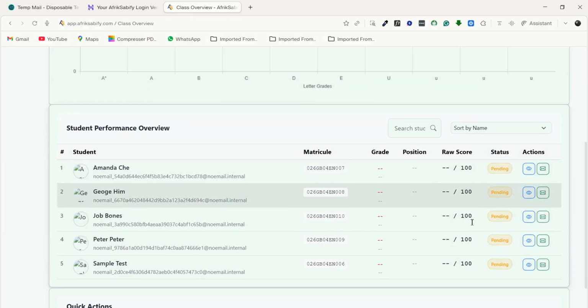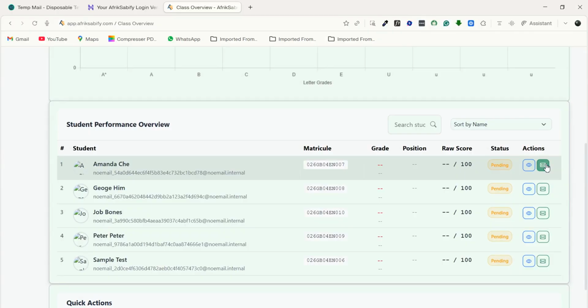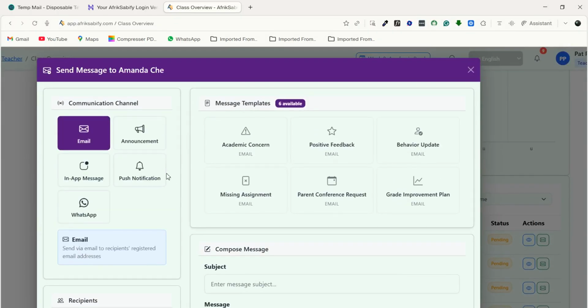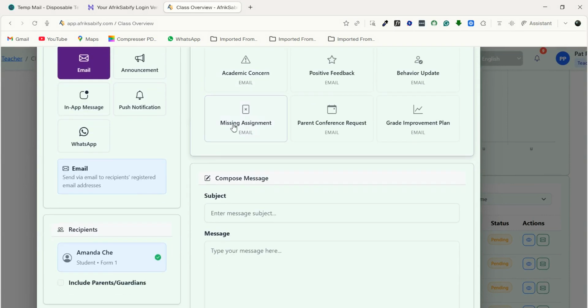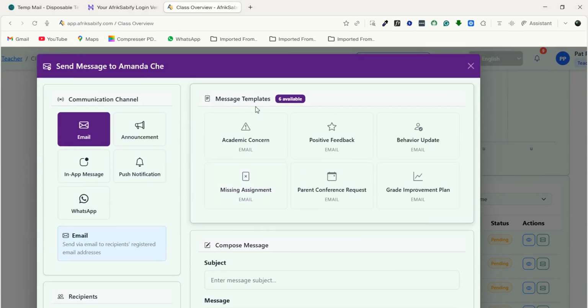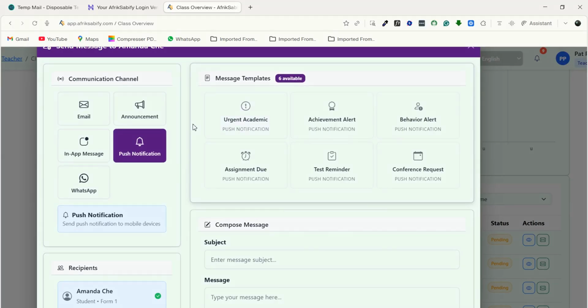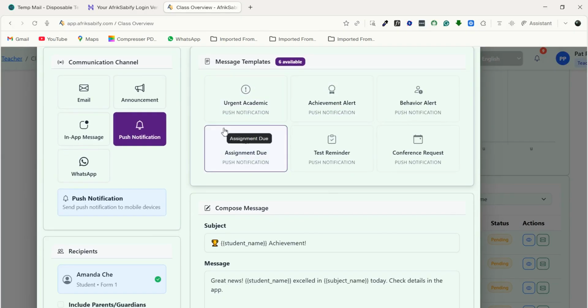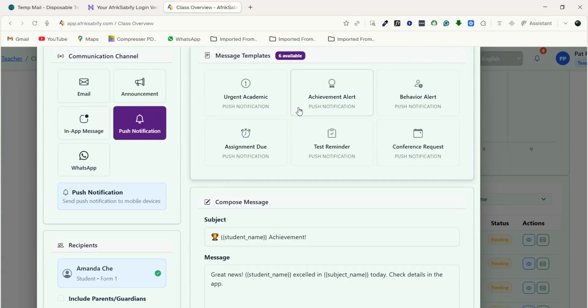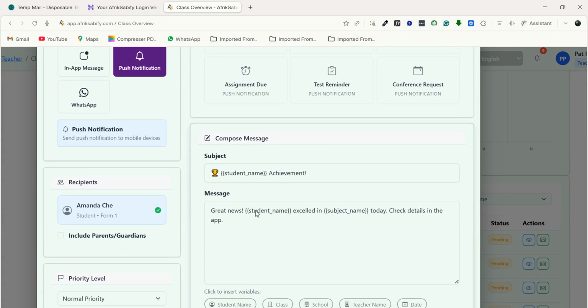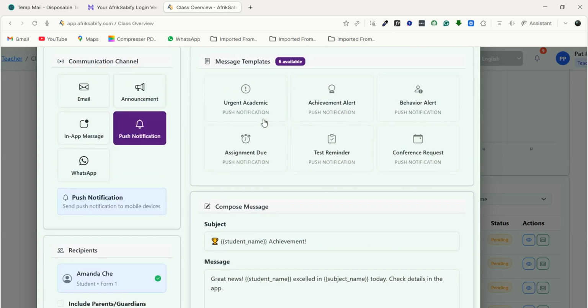Let's close it. We have the send message icon where you can send a message to this specific student. Let's say you want to send a particular message to this student. We have the different communication channels, and we have the different templates here. Make sure you select any template of your choice, and you give a subject in here. Let's say,